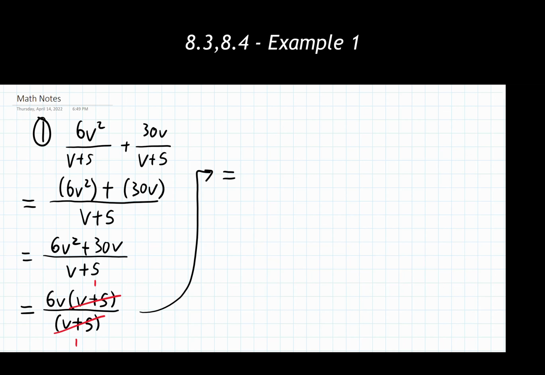And what's my new numerator? Well, it's going to be 6v times 1, which is just 6v. My entire denominator became 1, which means I don't need to explicitly write that in. It is assumed to be there. And from here, everything I have left is just 6v. I cannot factor that at all. I cannot cancel that with anything else. And I have my final answer.